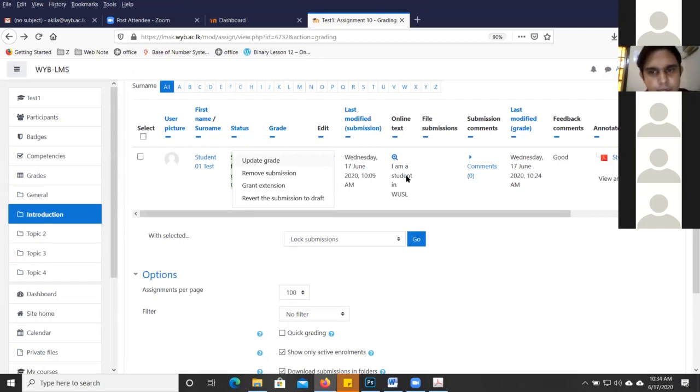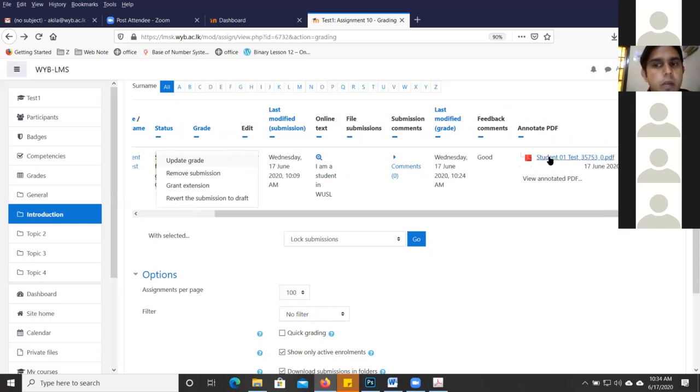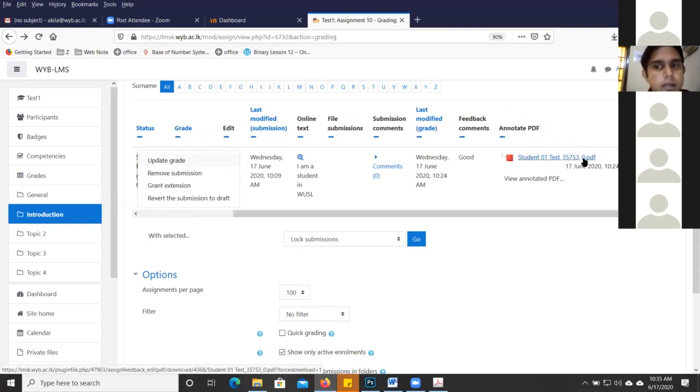Again, in assignments, a few questions arise from the student side. One is that when they submit, they may rename the PDF or whatever file they are going to submit, and in that case they may miss the .pdf extension of the file. Then the lecturer may not be able to open the file, but the student says they have submitted the assignment. In those cases, you can download the file, and at the end of the file name you can add .pdf. Then you can easily open the file.